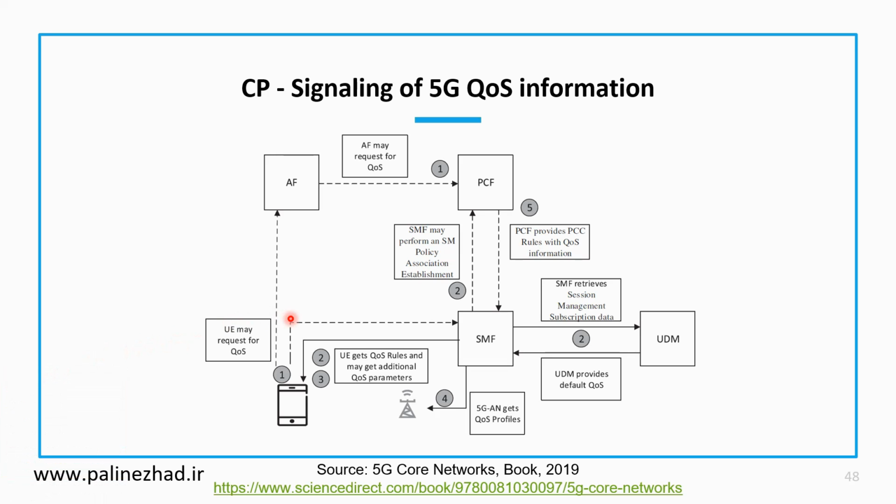Okay, here we have numbering, number 1, number 2, till number 5. Now we are going to follow these numberings and describe the tasks that are done during these signalings. At first, here, number 1,